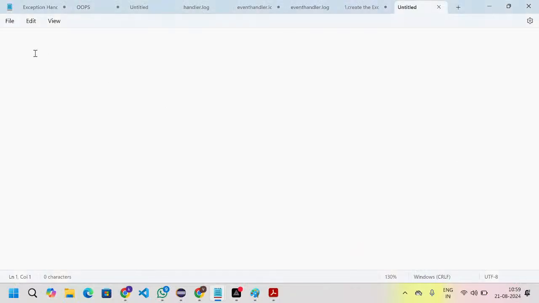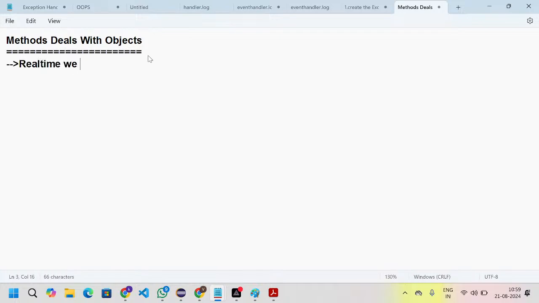Okay, today's topic is methods deal with objects. In the last session we did the basics of methods, like the syntax and everything. So today, the first thing is: in real-time scenarios, methods deal with objects only. For example, I will give one assignment: write a Java program,